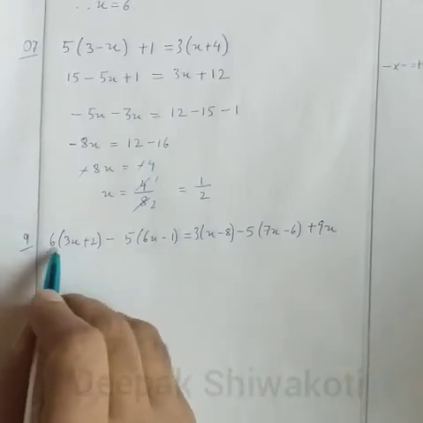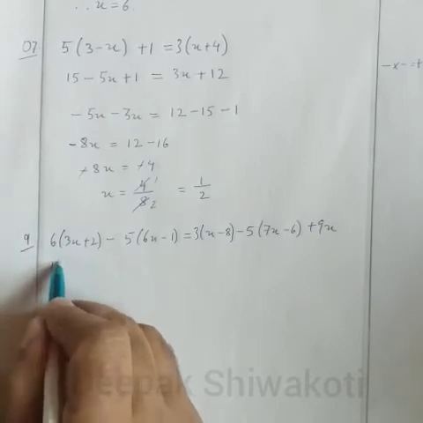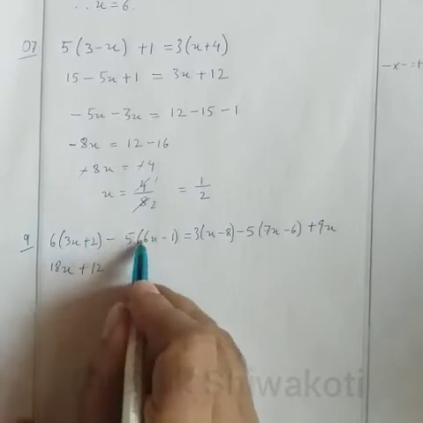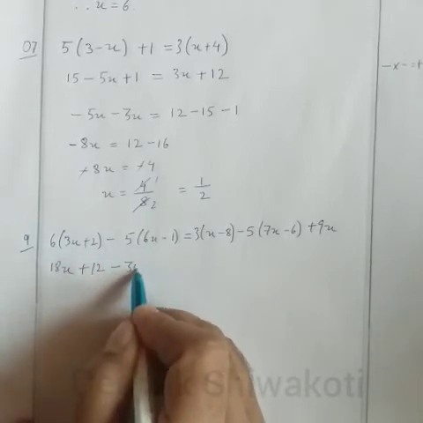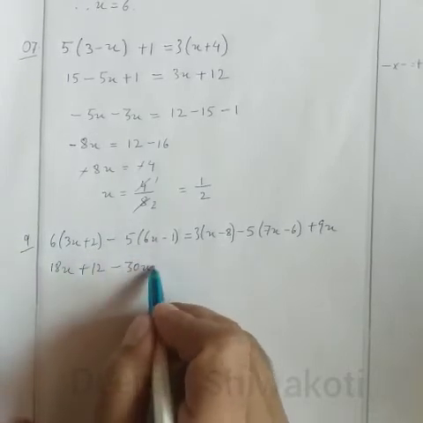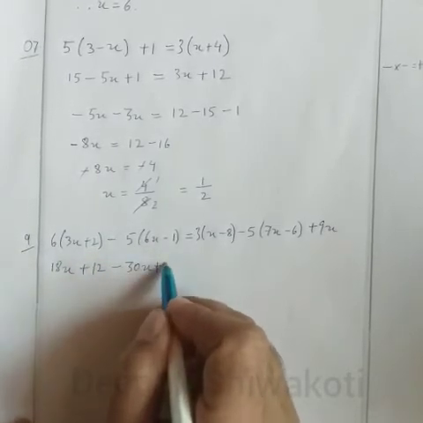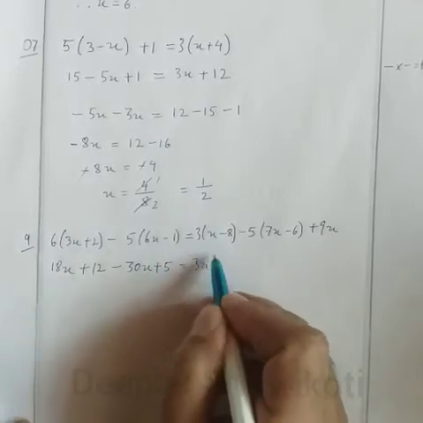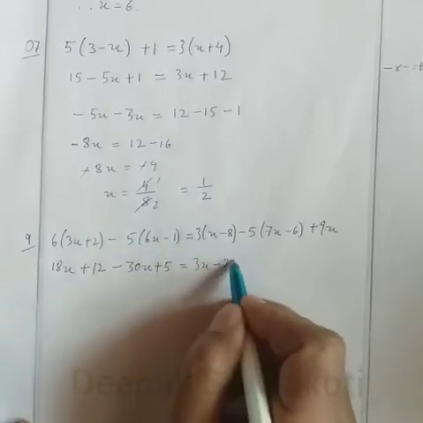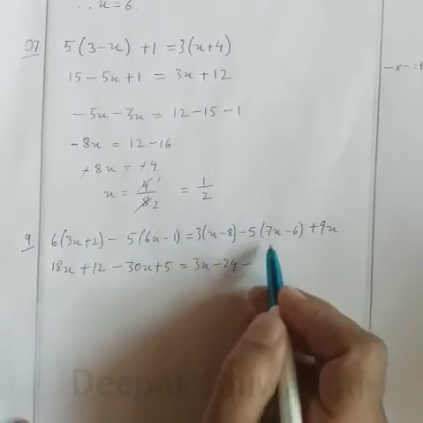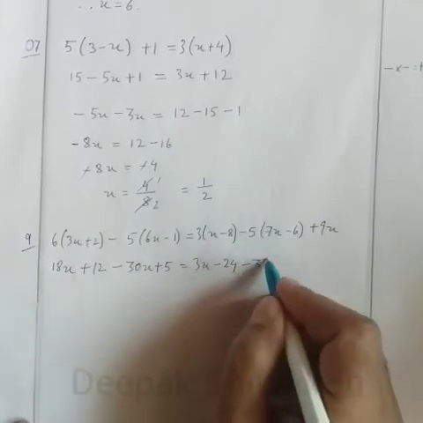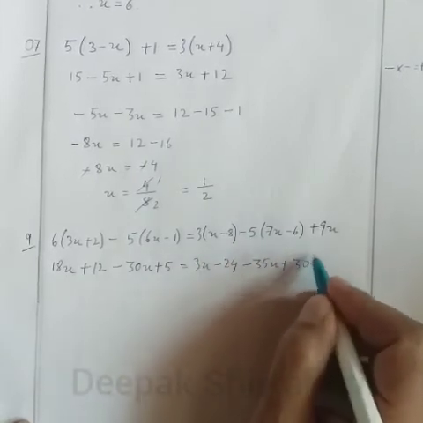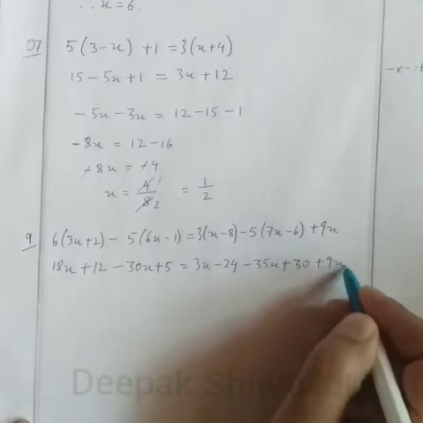Okay, so 6 here will multiply, 6 3s are 18, 18x plus 6 2s are 12, minus into plus is minus, 6 5s are 30, x, minus minus plus, 5 1s are 5. This side also 3 into x is 3x, plus minus minus, 3 8s are 24, minus plus minus, 5 7s are 35, x, minus into minus plus, 6 5s are 30, and plus 9x. Okay,